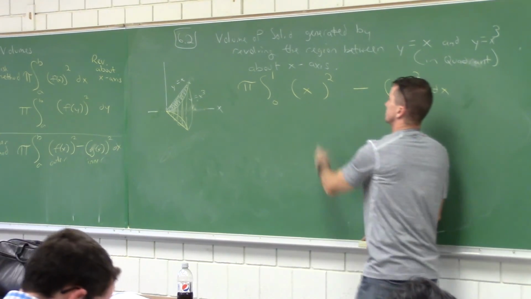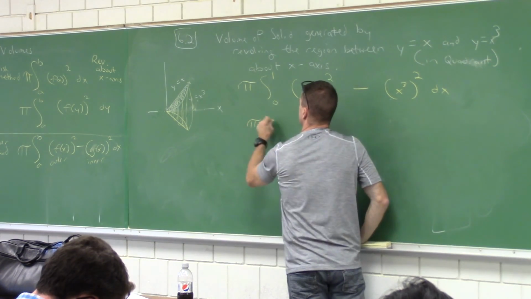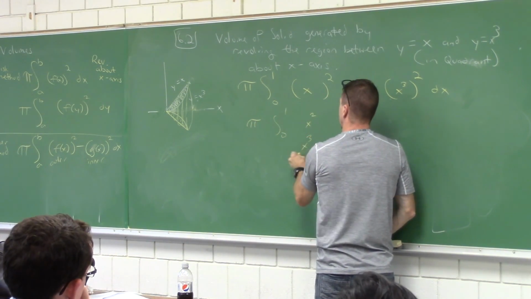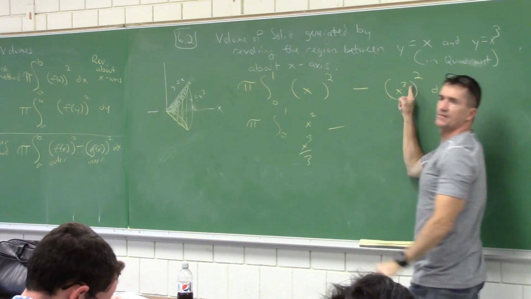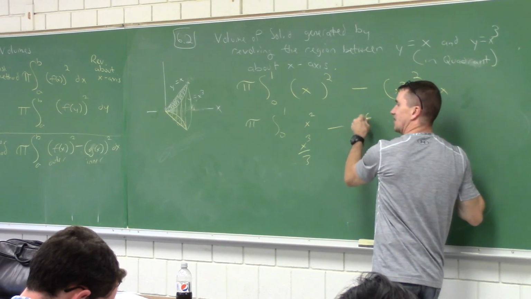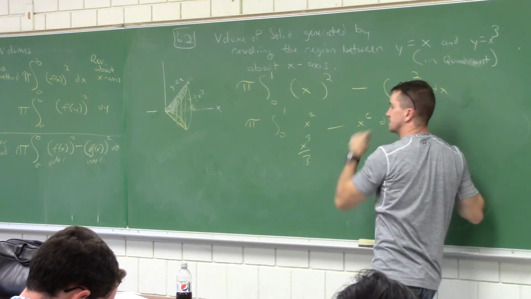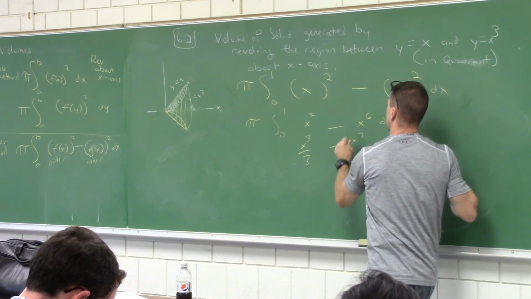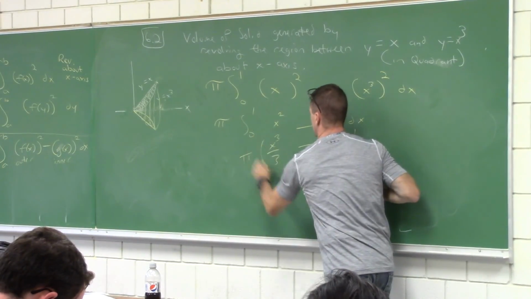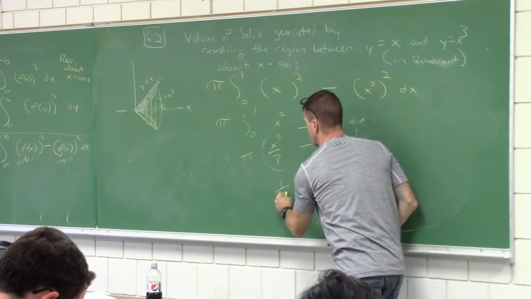Hey, can we solve this? What's the integral of x squared? x cubed over 3. Is that x to the 5th or x to the 6th? Help me out. x to the 6th. That's where you multiply, right? What's the integral of x to the 6th? x to the 7th over 7. From 0 to 1, put your pi. One thing you have to help me out with is, what is 1/3 minus